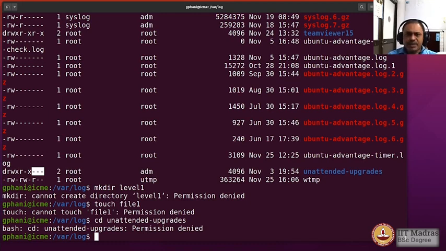So naturally you don't have to worry much as a novice user when you are running around with simple commands like ls, cd or cp and such things. You really cannot do too much damage to the operating system, and you can go ahead and explore the file system hierarchy and try to read text files wherever you find them. Now how do I know which file is a text file and which file is actually a binary file? For that, let me go to /usr/bin.